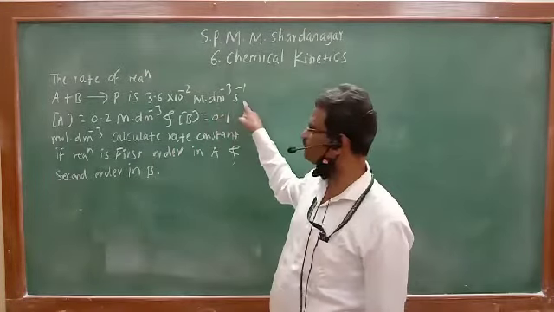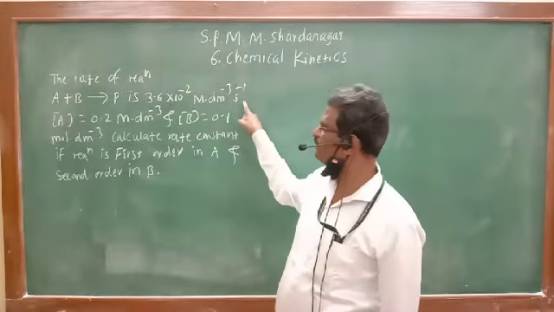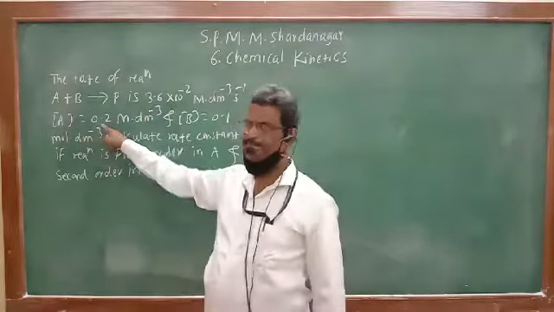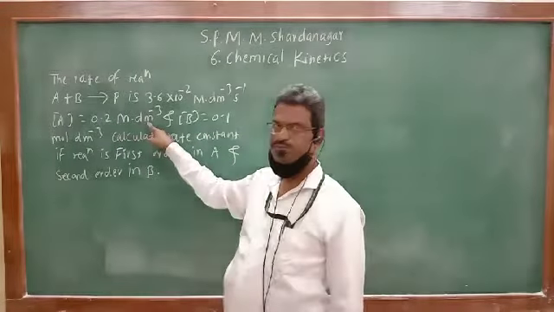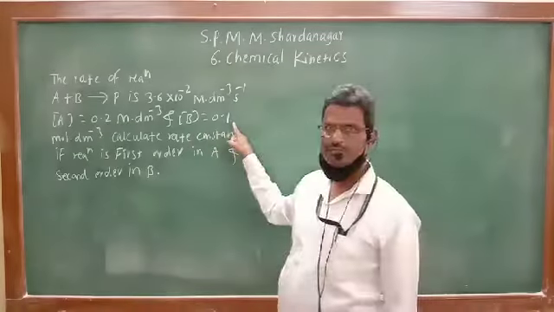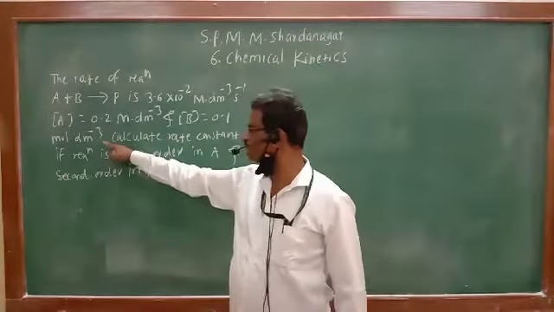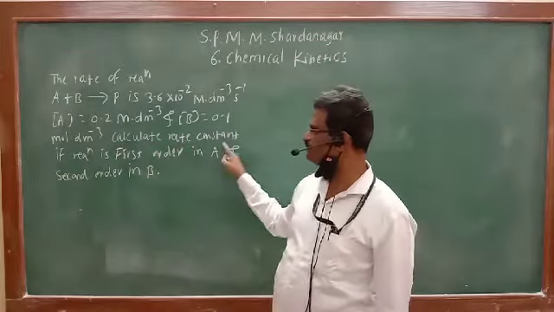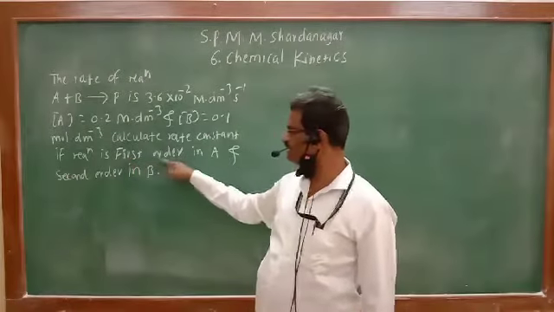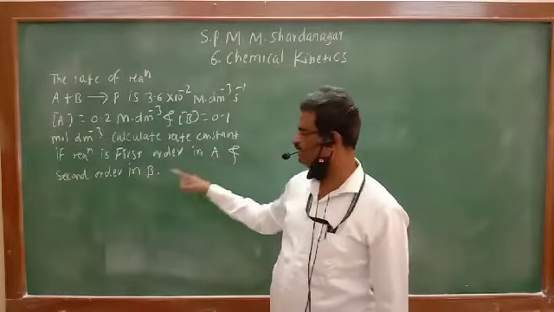The concentration of A is 0.2 mole per decimeter cube, and the concentration of B is 0.1 mole per decimeter cube. We have to calculate the rate constant of the reaction if the reaction is first order in A and second order